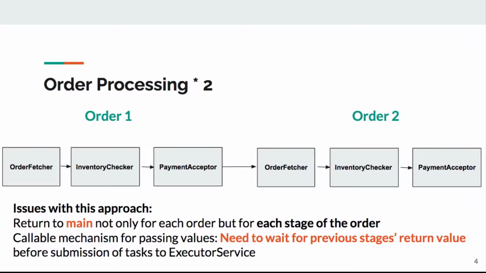Now, there can be clever ways of bypassing the issues by using isDone, which polls and still continues to do some work in main, or we can start all the order fetcher tasks first in parallel and then start all the stage 2 tasks next, and so on. However, these would have to be custom solutions, and programmers would often have to reinvent the wheel by having these workarounds or custom solutions when faced with this blocking nature of main and the callable idiosyncrasies.